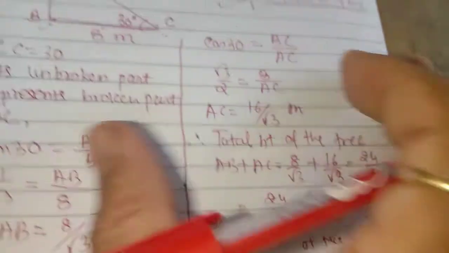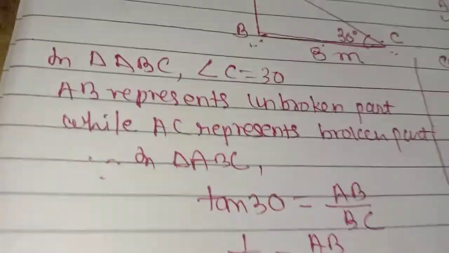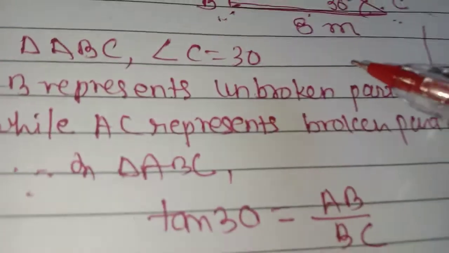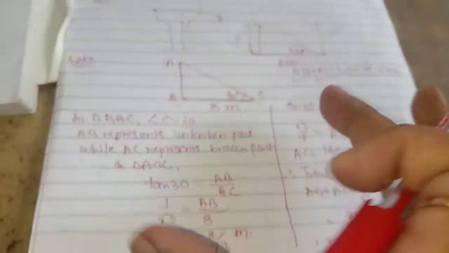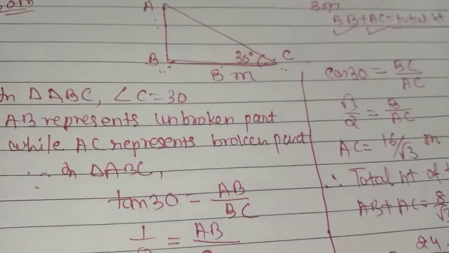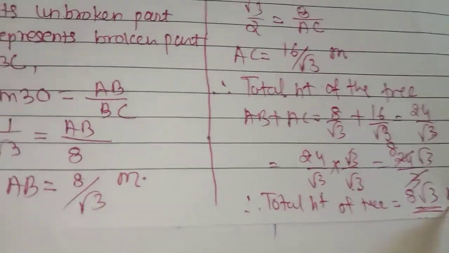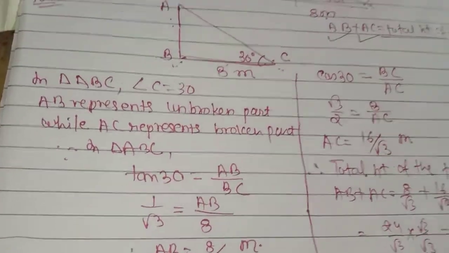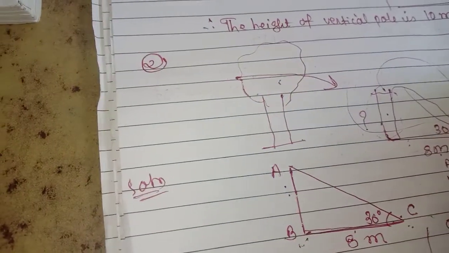Clear? So dear friends, whenever we are going for a conceptual question, just try to draw the diagram, and write down each and every part, representation. This makes a very clear concept and good look, good view, good impact on your answer. Clear? And don't forget to write the unit also. So it is a total completion of the solution when we are doing all these parts. So let's move to the third question.